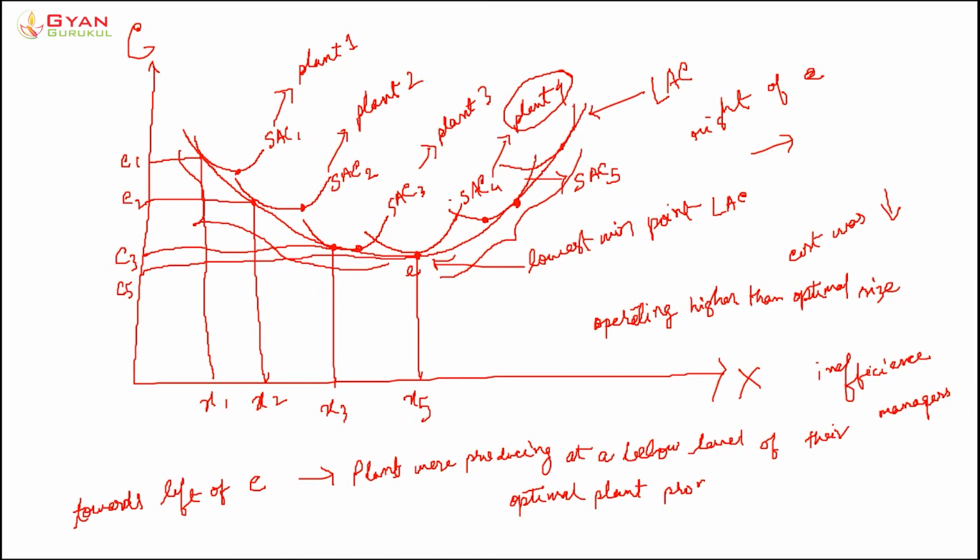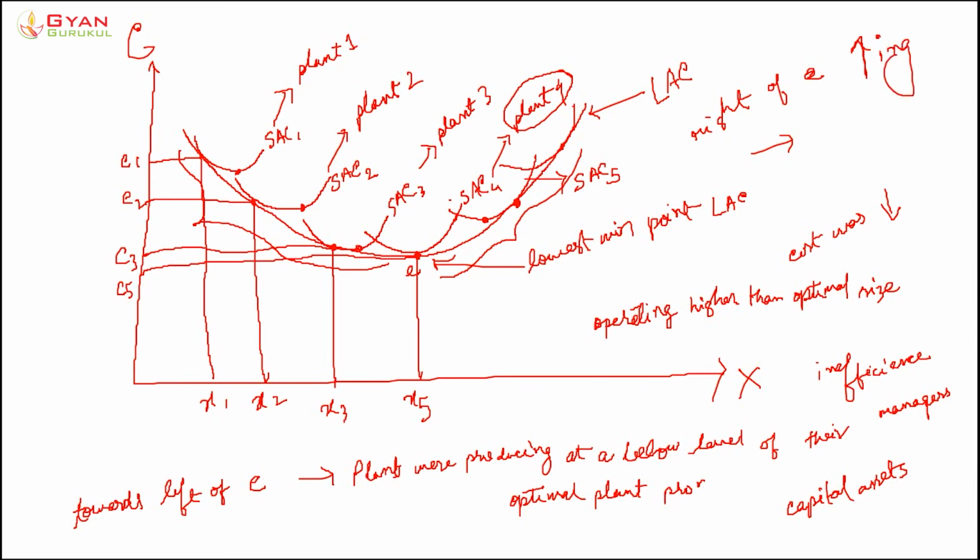Or what may happen, you may use your capital assets or machines more than they could actually be used for. You may use them overtime, which can also lead to diseconomies of scale, right? So because of these diseconomies of scale, the portion towards the right of the lowest minimum point of LAC is increasing. Clear?